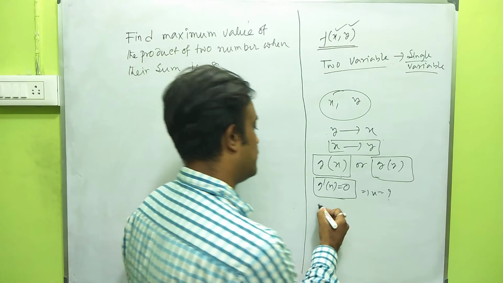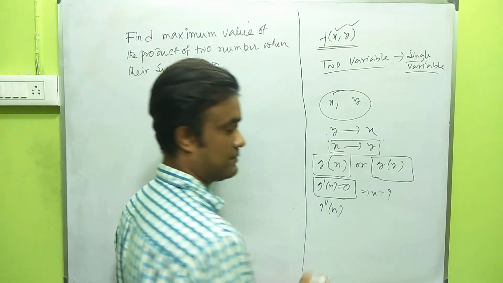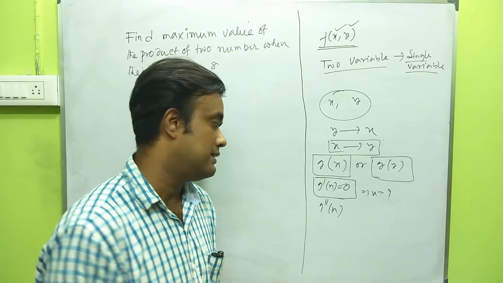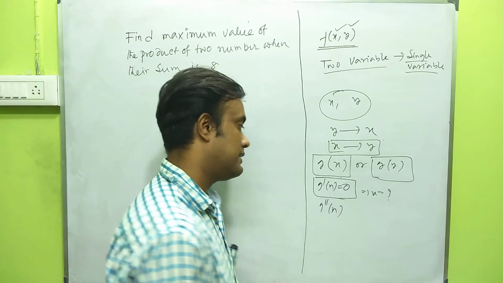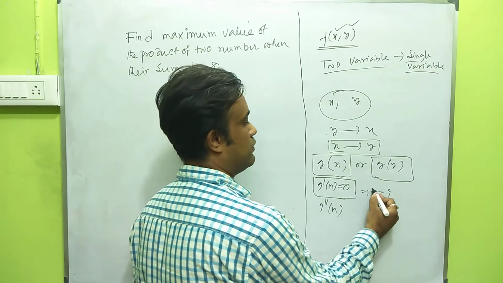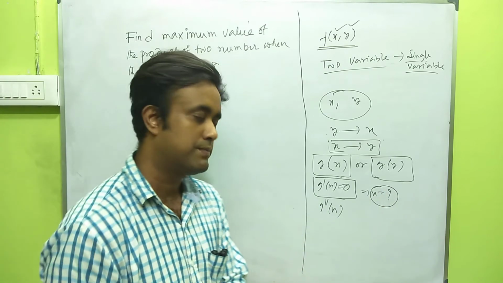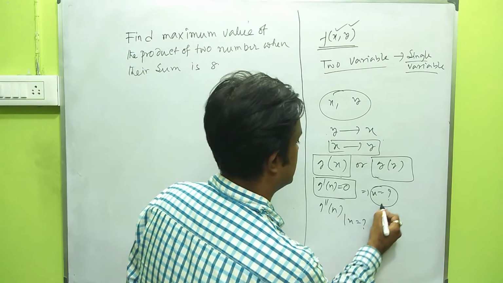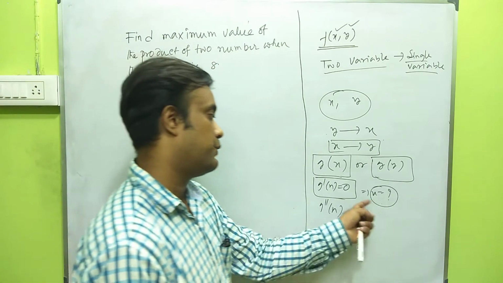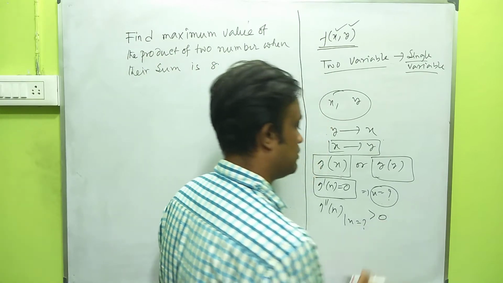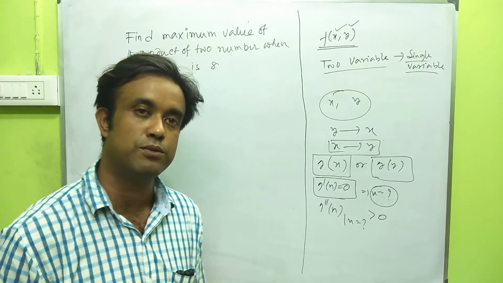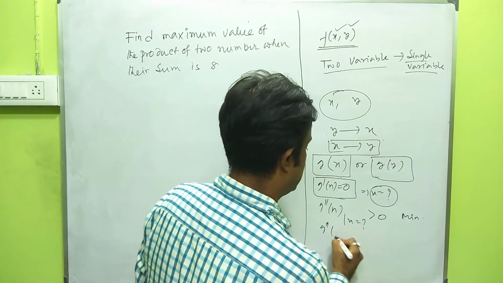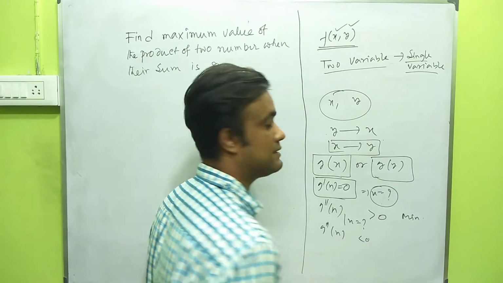Then we find g double dash x, and this step is a decision. This step gives us the decision: from g double dash x, we find x is equal to some point. So we find g double dash x at this certain point, and at this point if g double dash x is greater than 0, then the function g(x) has a minimum value, and if g double dash x is less than 0, then the function has a maximum value.